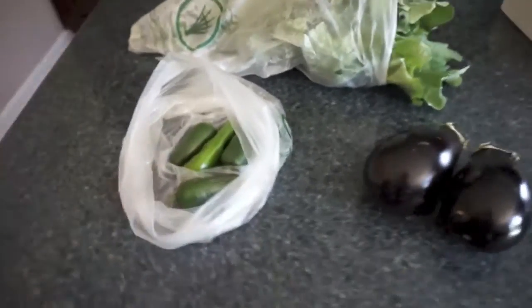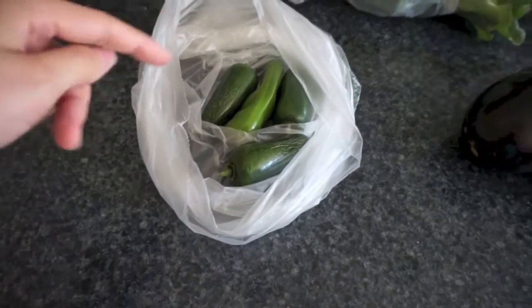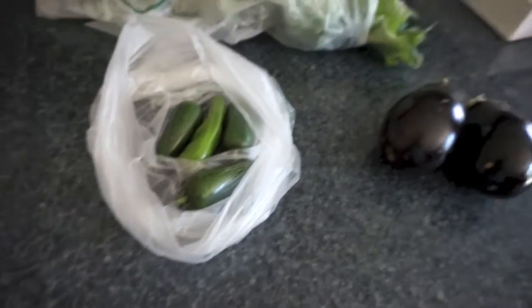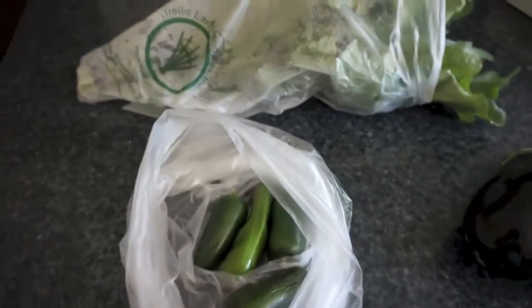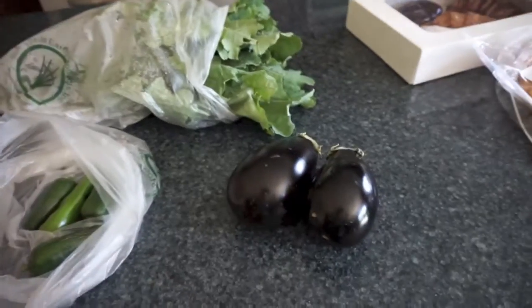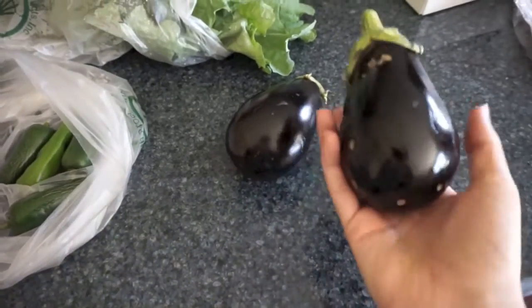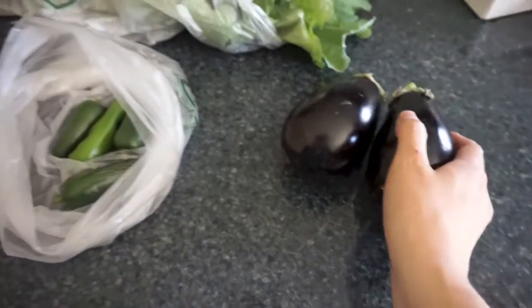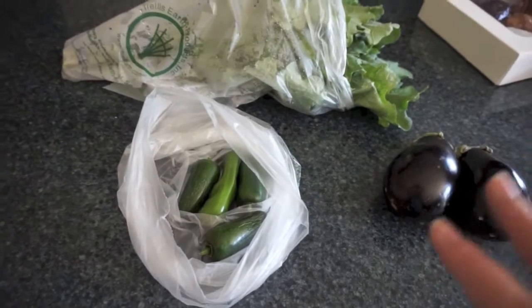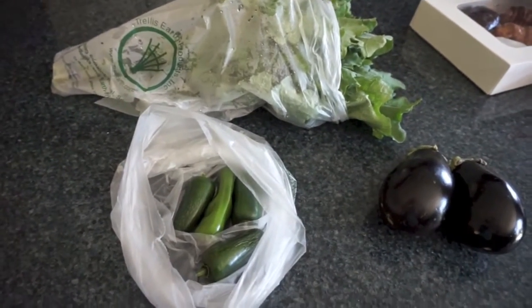So this is what I got so far. I got a couple of hot peppers. These 3 are jalapenos, and I'm not sure what that one is. It does not look like a jalapeno, but I just got it anyway. It looked good. And then I got some greens. I'm pretty sure this is Swiss chard. And then 2 little eggplants here. And aren't those just so beautiful? I love them. At the produce stand, I spent $6, and everything is local and organic,